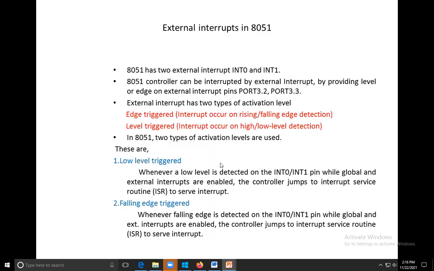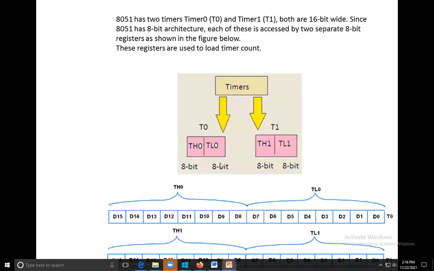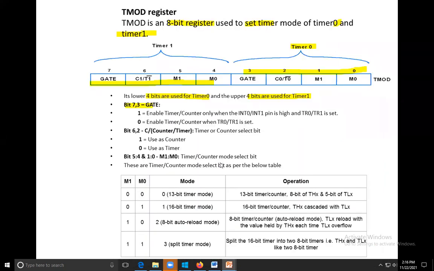The external interrupt will be executed when the interrupt pin is high, that is 1. And if it is 0, then the control is by TR0 and TR1. What is the difference between TR0 and TR1 and the interrupts?